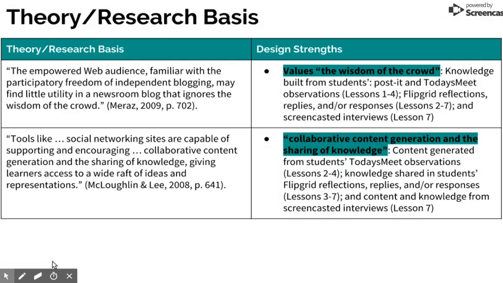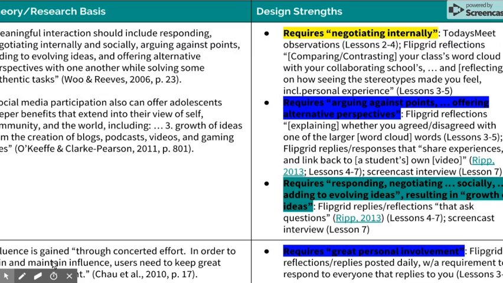This project's design, having students post to TodaysMeet, reflect on their and others' responses in the form of a word cloud, and video chat through Flipgrid and Google Hangout, continues to emphasize social constructivism, using the wisdom of the crowd to build knowledge about gender, race, culture, etc. This knowledge is built thoroughly with specific prompts at each stage of reflection, with repeated emphasis on higher-order comments,